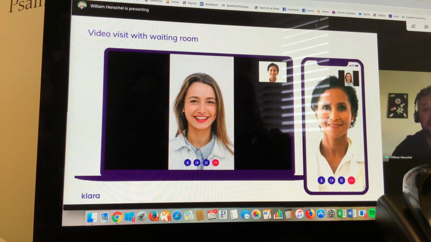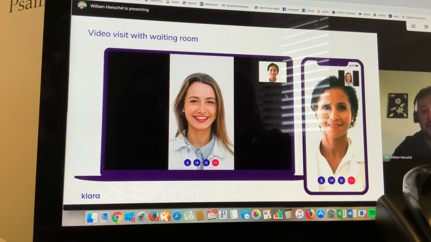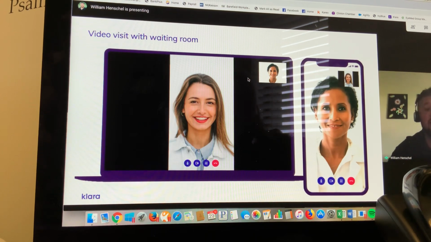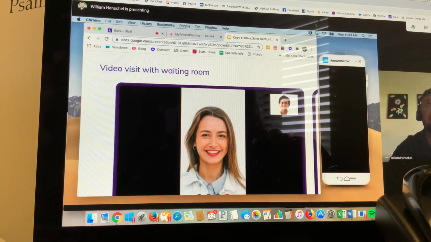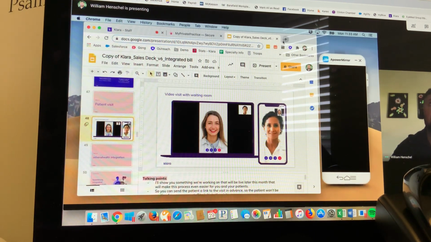But all of this is available to you right now, if you want it. The only thing that's not available is the automatic patient sync and then the automations that would come with it. So the automations, for example, let me go into